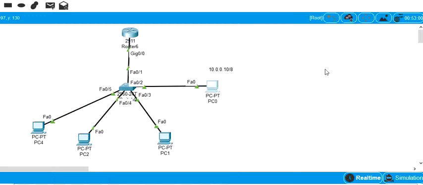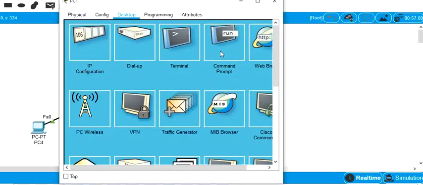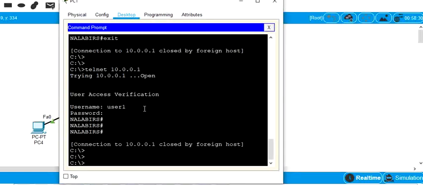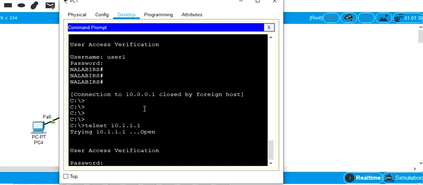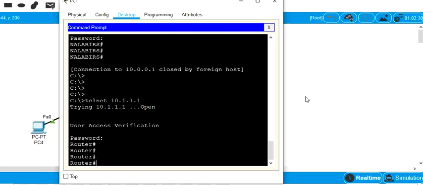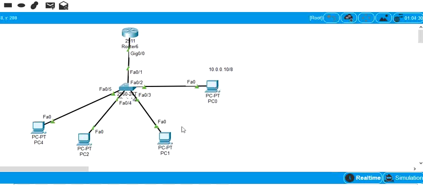We said that only 2 simultaneous users can access telnet, right? So we can check that by telnet 10.1.1.1, password Cisco. So the second user, okay, the first 2 users were accessing the router using telnet.